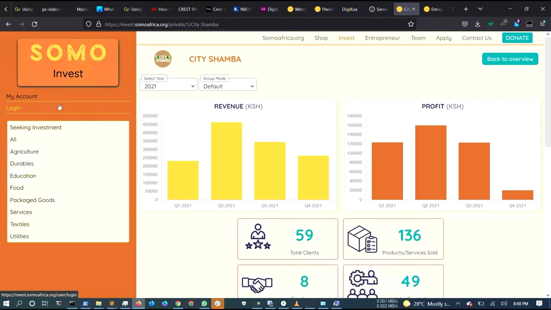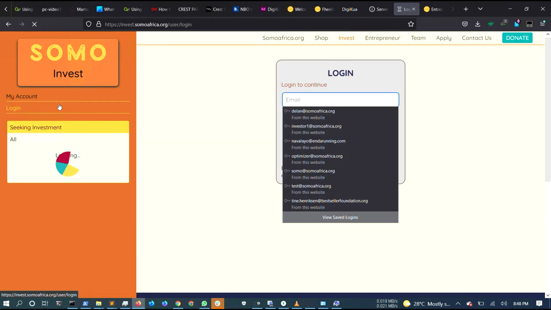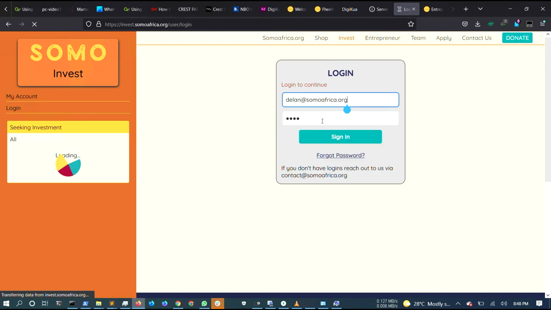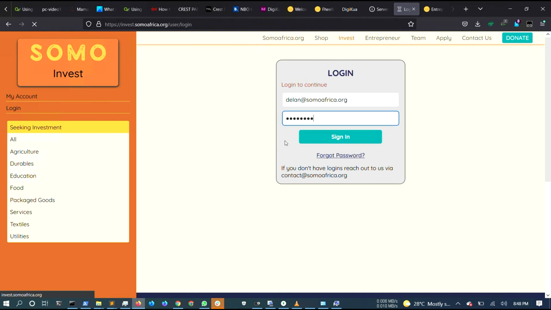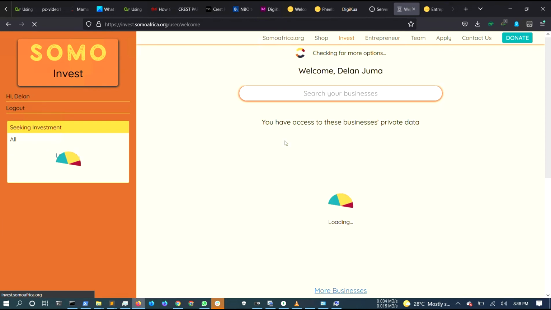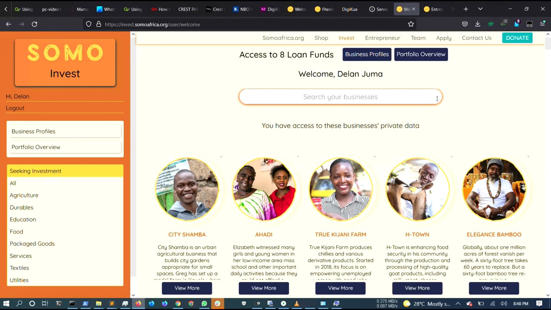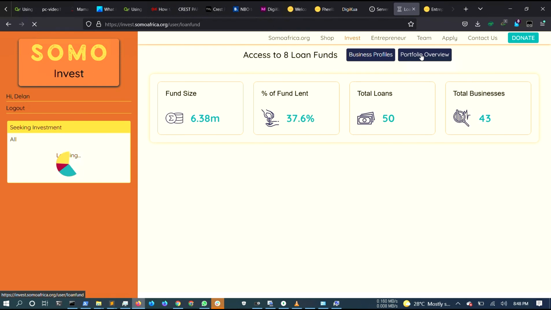On the investor dashboard, we have an option for the loan funds. So our partners who have given our entrepreneurs loans can get the statistics on the Somo Invest dashboard. Once they log in, they'll have additional rights to be able to view the loan information data. In this case, I'm going to log in with the demo account, and then you'll go to portfolio overview. So once they click on portfolio overview, they'll be able to see